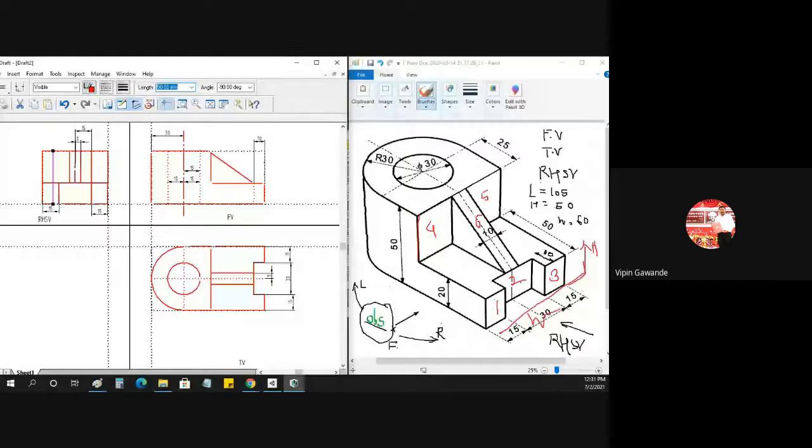And for this one also, the same line, the distance is how much? 15, because this is the radius of the circle. Okay, this is the radius of the circle. And we have to make these two lines dotted. Okay, we have to make these two. But that dotted line,